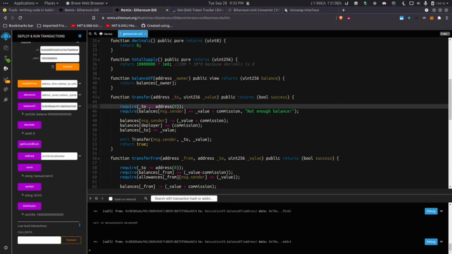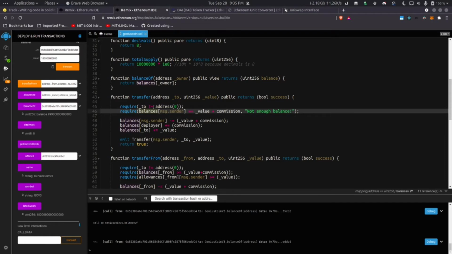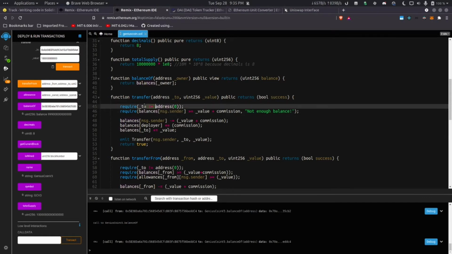And after that, we have another check. If the to address is null, it will revert the amount. Okay, so let's check the require balances message on sender. The sender, or the from, or the transferer, or whatever, should have the value that they want to transfer